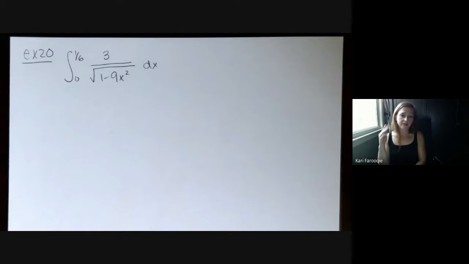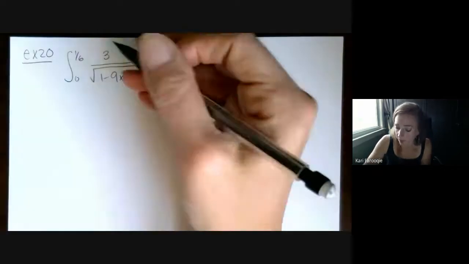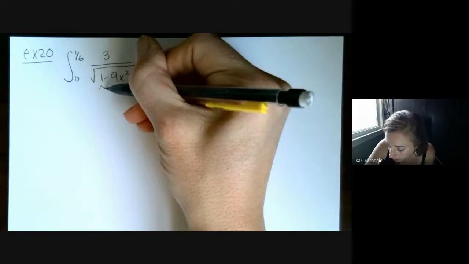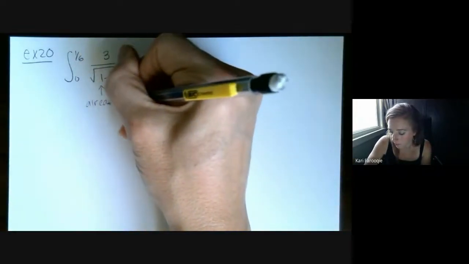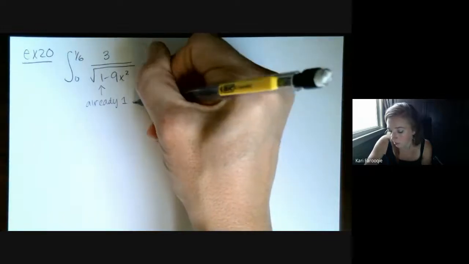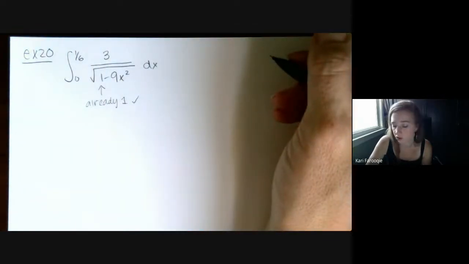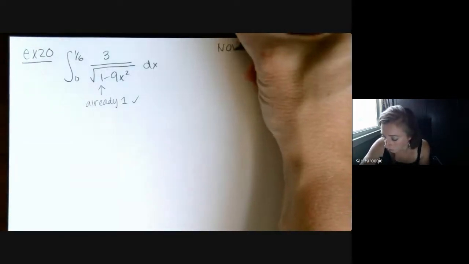Now, the ones that I did asynchronously had a value other than 1 here, and we said we had to make it a 1. This one is already a 1. Now, this is good. This is an ideal situation. I want to make sure that we understand that this is not a u substitution,